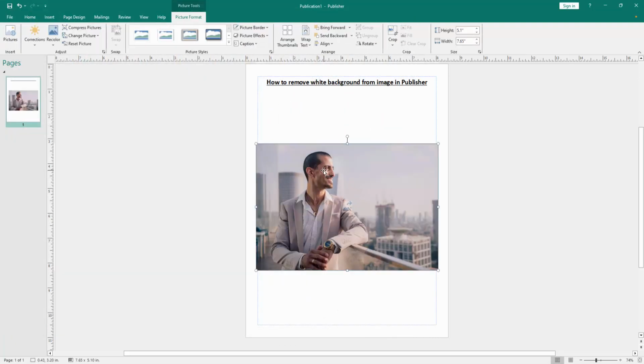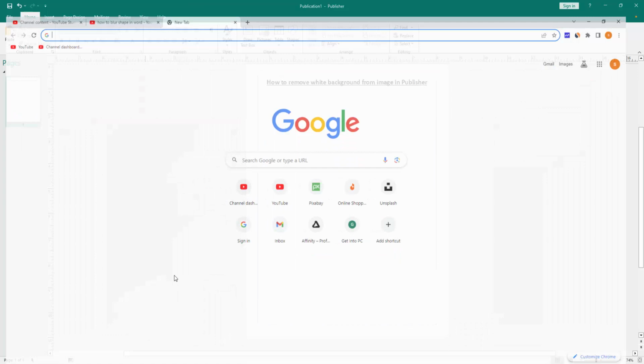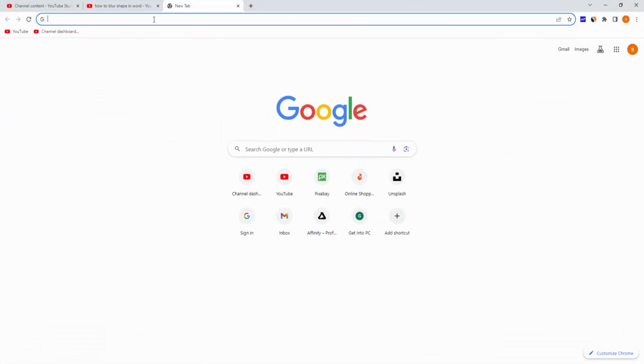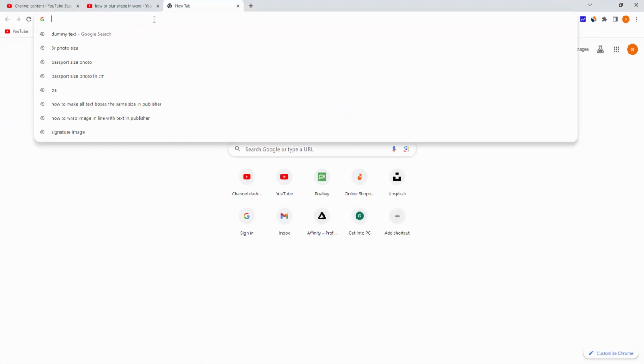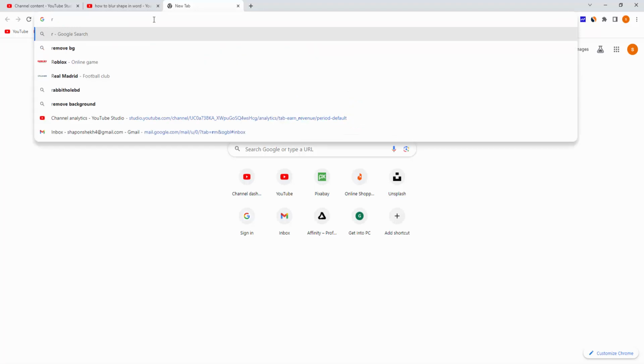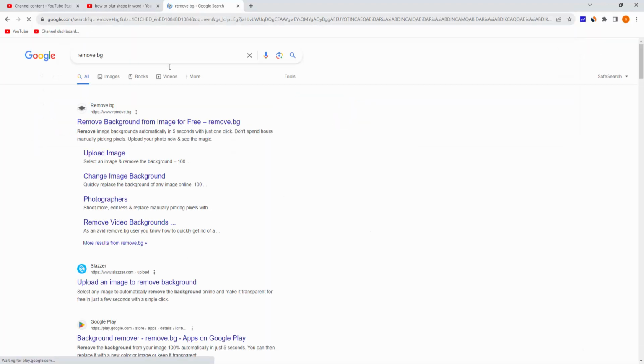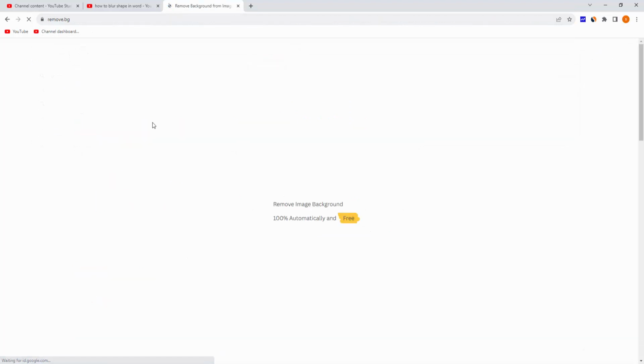Now we can see here this image has a white background. Now we want to remove this background. Go online, choose your browser, then write remove bg, then go to the first website,